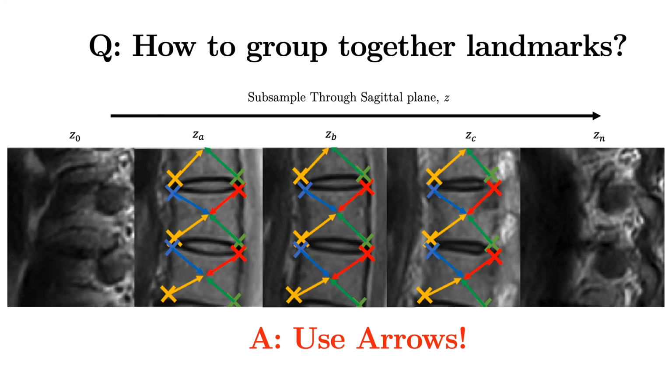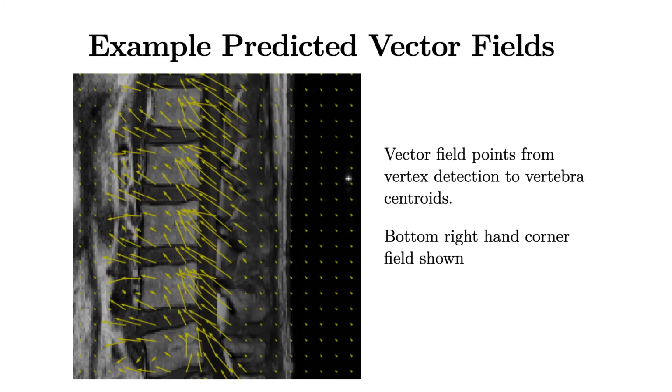Our solution to this task is to predict 4 vector fields corresponding to each corner type. At the locus of each vertex detection, the corresponding vector field should point to the centre of that vertebra. This allows us to be robust to flips and rotations, meaning grouping is fast. Here we can see one of 4 predicted vector fields. At each point of each vertebra vertex, the corresponding field points to the vertebra centroid, indicating to which vertebra that